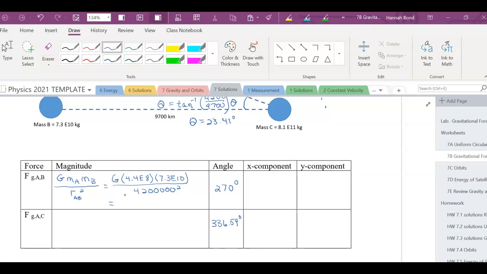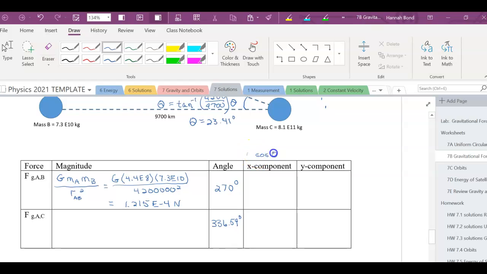So G times 4.4 e to the 8th times 7.3 e to the 10th, and divide by 4,200 kilometers converted to meters squared, and I get 1.215 times 10 to the negative 4th newtons. Okay, so if I multiply that times the